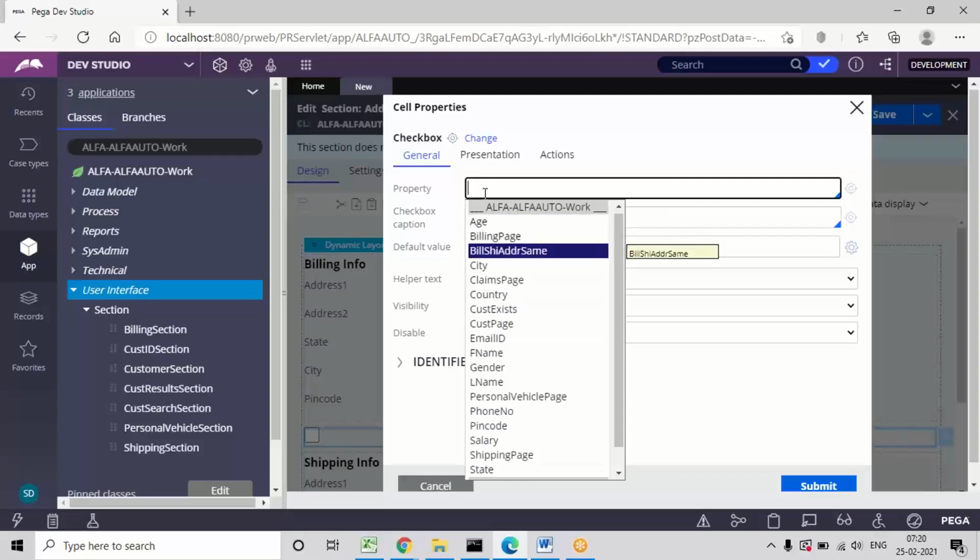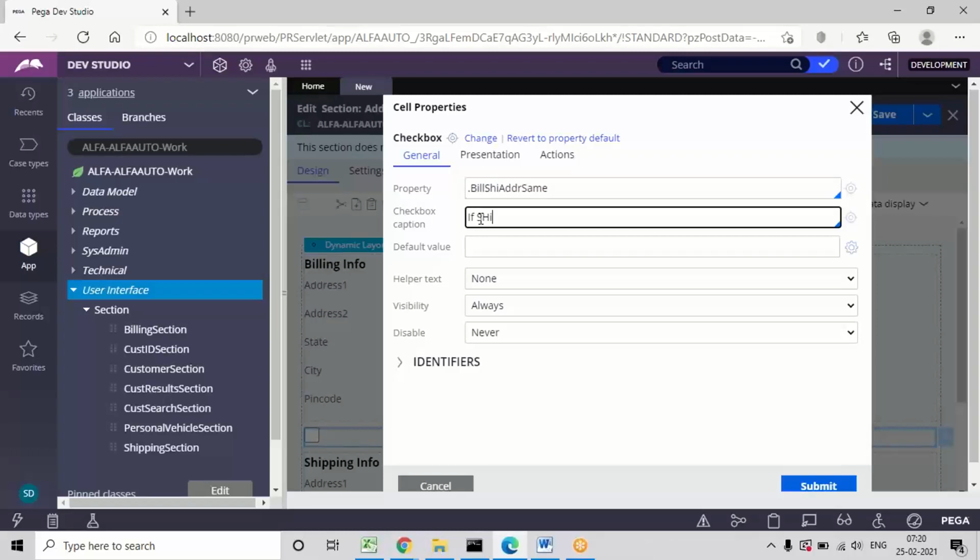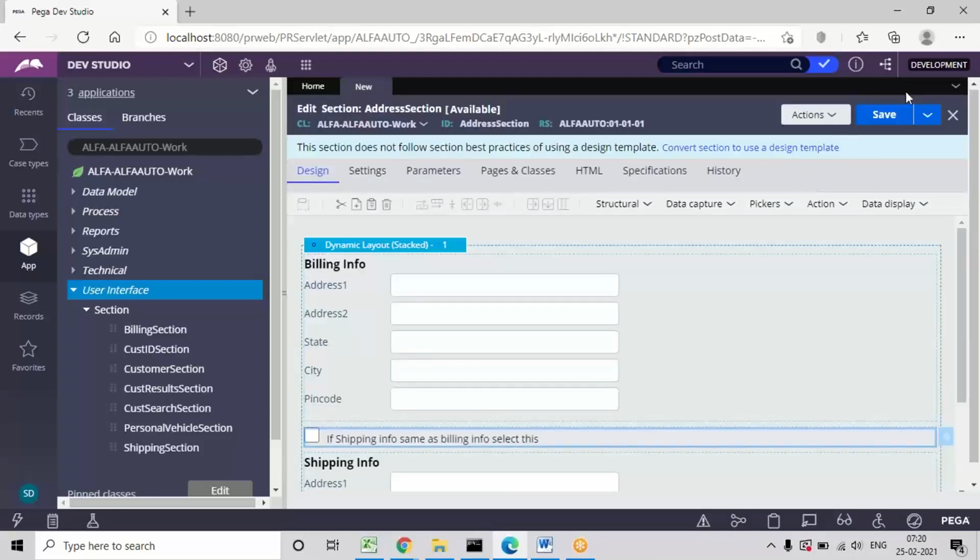Here we need to provide a caption for the checkbox: if shipping info same as billing info. So give some caption, click on submit and save the design.